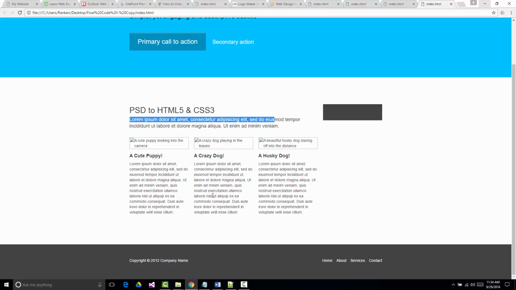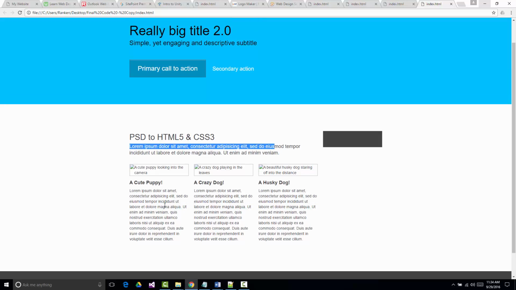All right, so again, the other stuff that is in there, the PSD and the cute little puppy and all the other stuff, that's up to you. You can leave dummy text in there, you can remove it, you can do whatever you want to do with it. All right? So again, if I decide that I'm going to go in there, the nice thing is it's